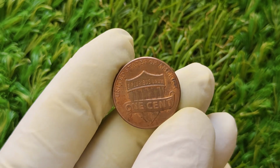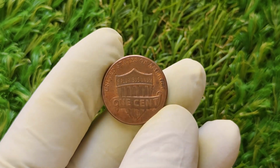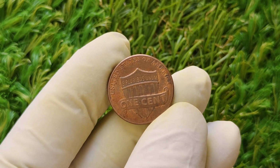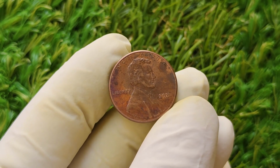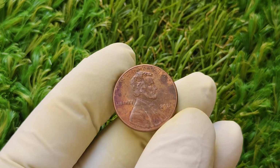The 2021 penny is primarily made of zinc with a thin copper plating. This composition has been in use since 1982. Before that, pennies were mostly made of copper. The change was made to reduce production costs since copper prices had risen significantly. Despite the change in materials, the penny still retains its classic copper color and weight, making it visually consistent with